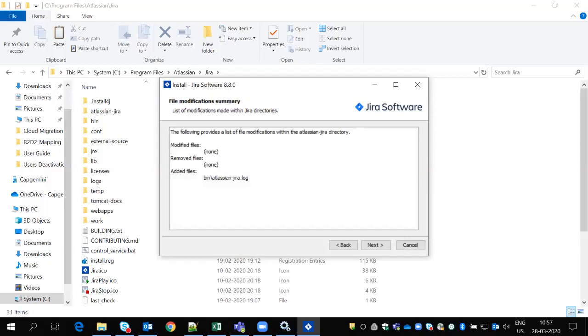Okay, here I found modified files none, removed files none, added files also: the bin Atlassian Jira .log files I added now. These always show up, because whatever is happening in Jira is captured in the Atlassian Jira log, so this is the default.